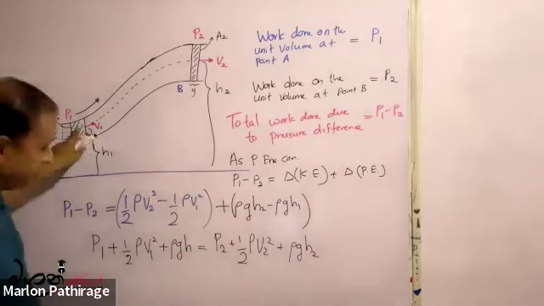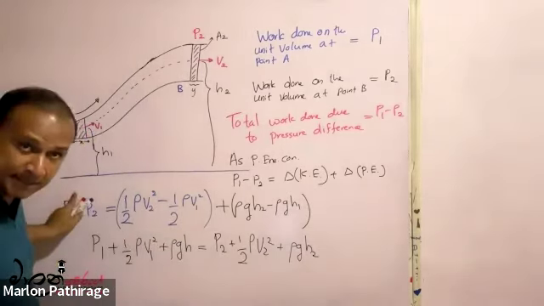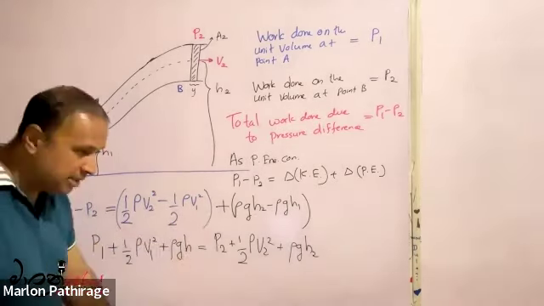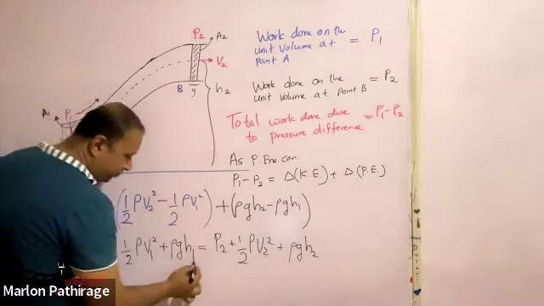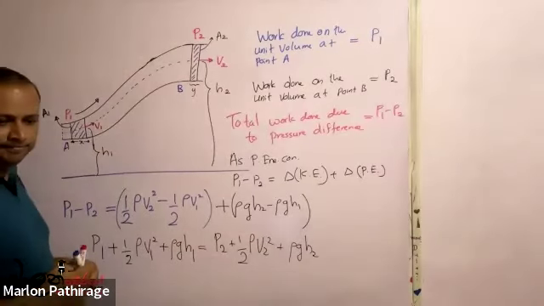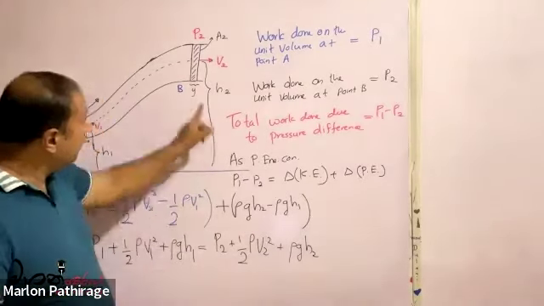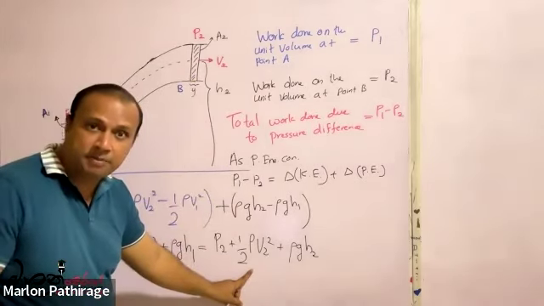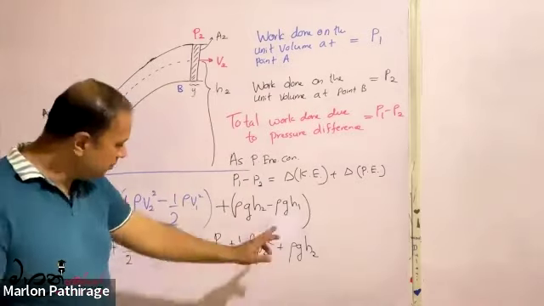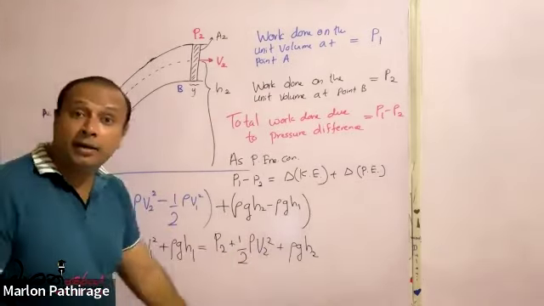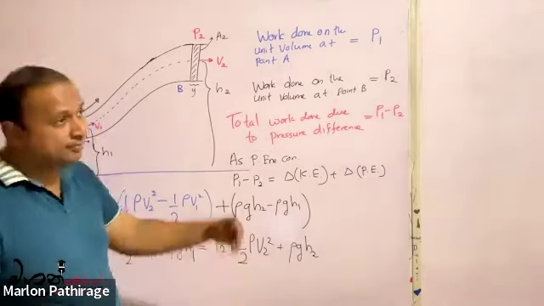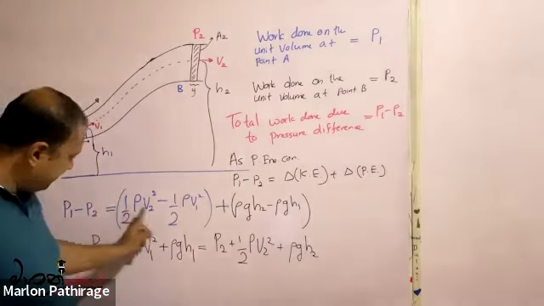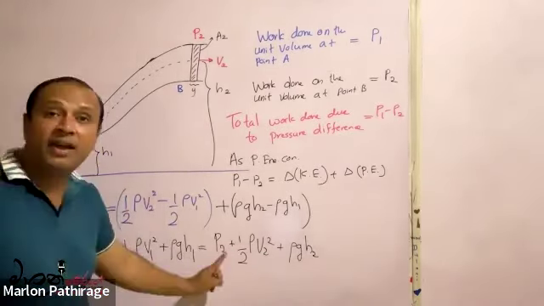Pressure at a particular point, plus kinetic energy per unit volume, plus potential energy per unit volume, is equal to the pressure at another point plus kinetic energy per unit volume at that point plus potential energy per unit volume at that point. That means the addition of these three factors